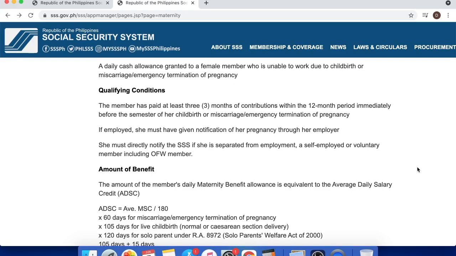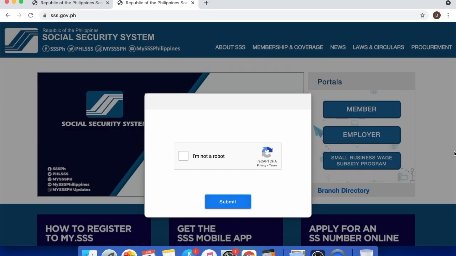So ito po yung gagawin natin. We will give notification sa SSS through their web portal. She must directly notify the SSS if she is separated from the employment, a self-employed or voluntary member, including OFW member. So, ang una po natin gagawin ay punta po tayo sa website ng SSS, which is